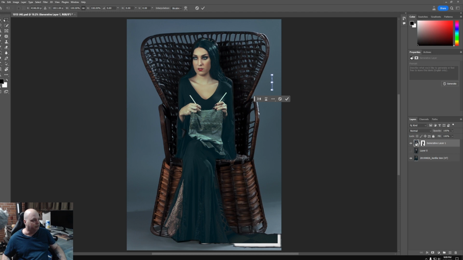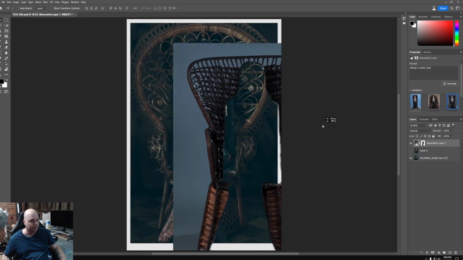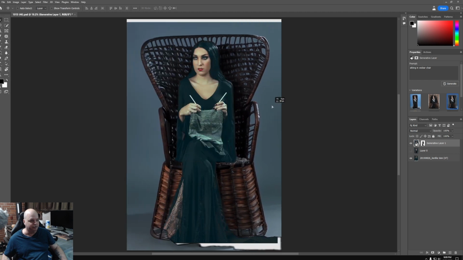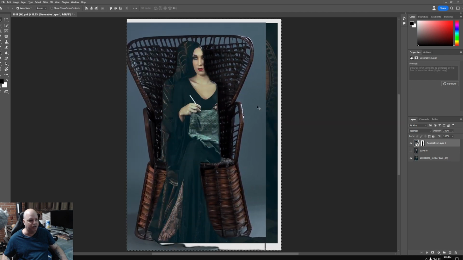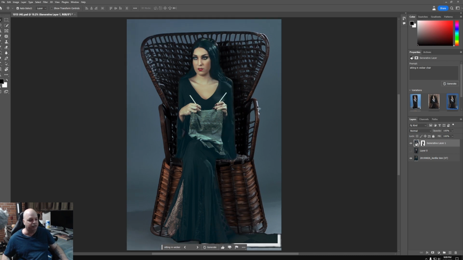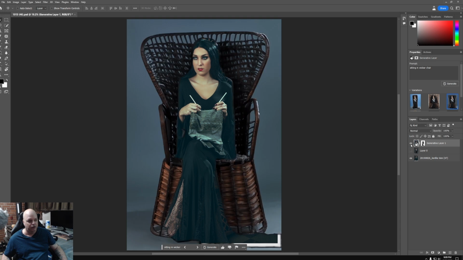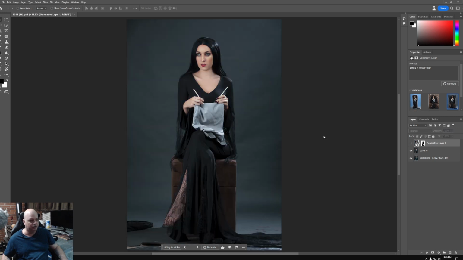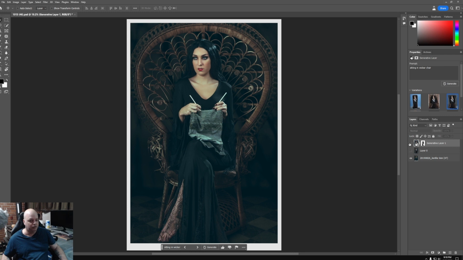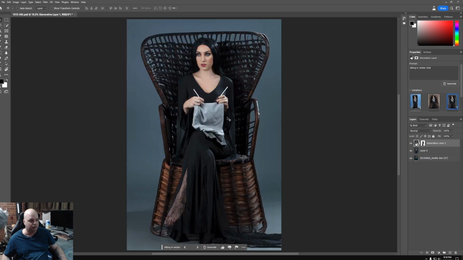I don't even know what you're doing or what I hit, but don't do that. You see what it's doing? It's just giving you that whole thing. It's not giving me the chair. It's not cutting her out and then giving me the chair where it needs to be. What are you doing? Okay, I don't even know how that got messed up. Anyway,